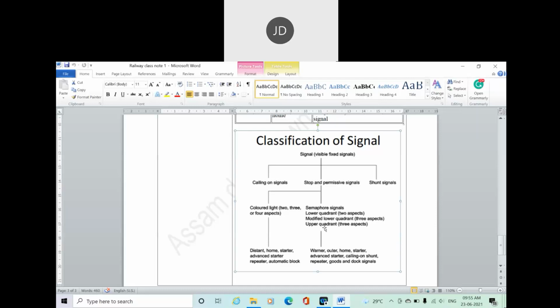Next, to ensure the safety of two or more trains that have to cross or approach each other. When it comes to crossing, we are mainly talking about point and crossing. Crossing of trains is done in the turnout, or you can say in the junction, or point and crossing. There, a locomotive driver, or loco pilot, is to be alert that on a particular track a second train is moving, so you have to change the route. I'm just giving an example. The changing of route can be possible in the point and crossing, or the railway junction,